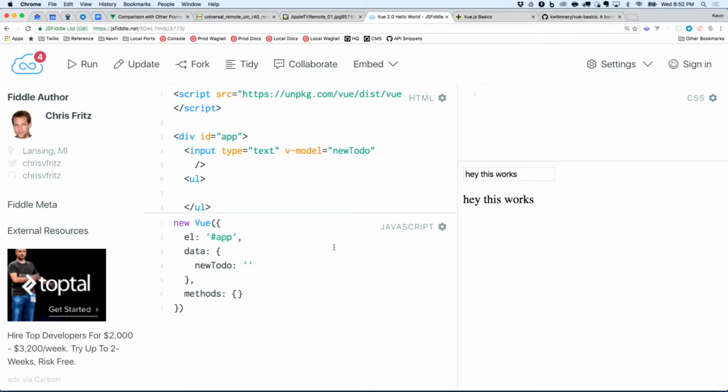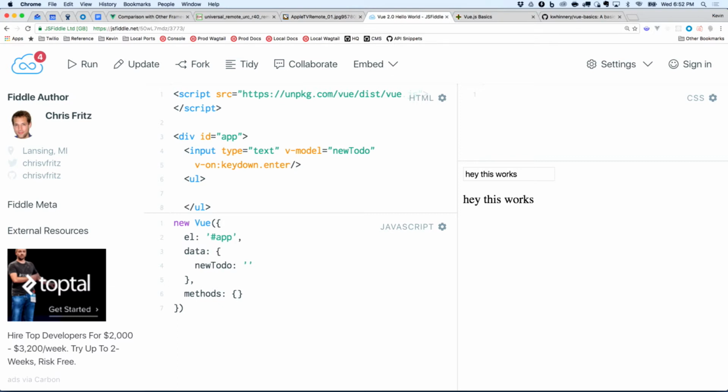All right, so we've set up our data binding already, but now we need to start adding some behavior to this application to make it actually do something. So when we want to bind behavior on our Vue component to things that happen on the DOM, we can use a variety of directives to do that. In this case, we're going to use the v-on directive, which will allow us to assign JavaScript functions to events on this element. In this case, we are going to listen for the keydown event,